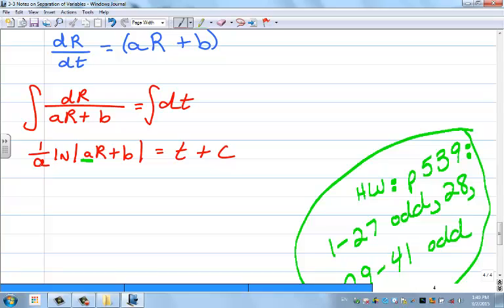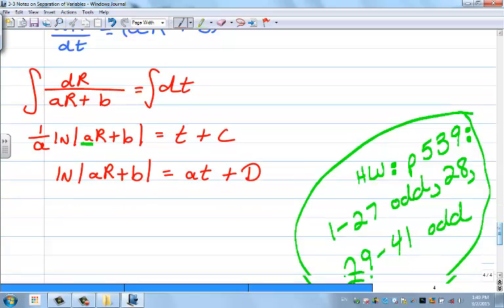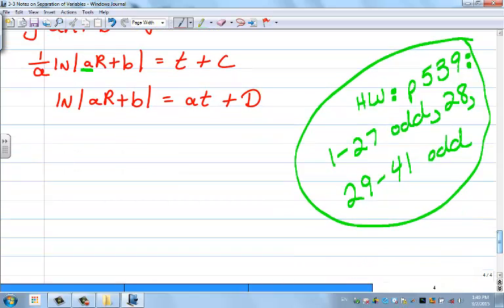Multiply both sides now through by a, because you always have to isolate your natural log before you raise e to the power of both sides. So I'll multiply both sides by a. I get natural log of ar plus b is equal to at plus, now this you can change, right? The c is an arbitrary constant, so you can change it to a d, right? When you multiply it through by something, you can change your arbitrary constant, only that one. Now, raising e to the power of both sides, we get this,